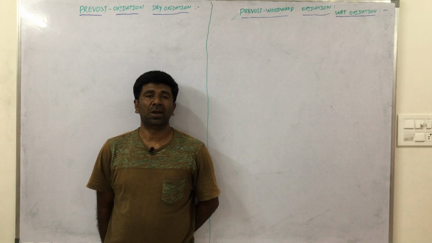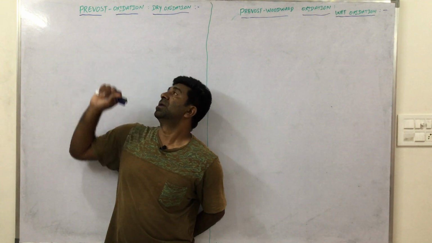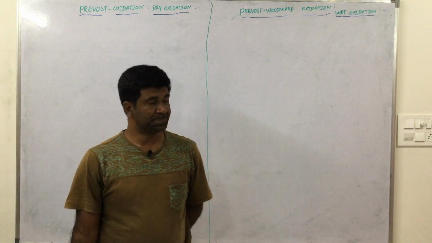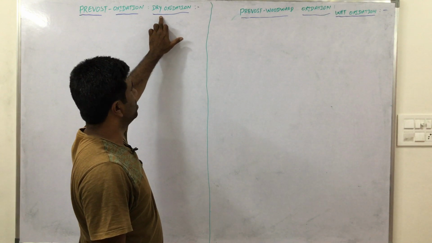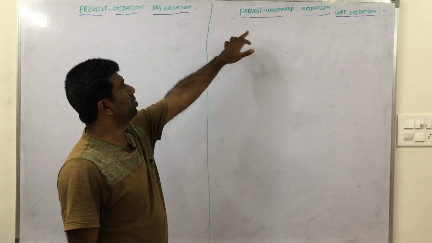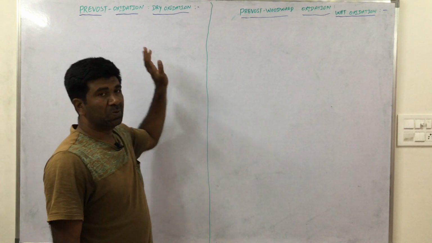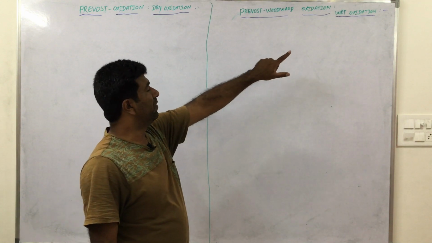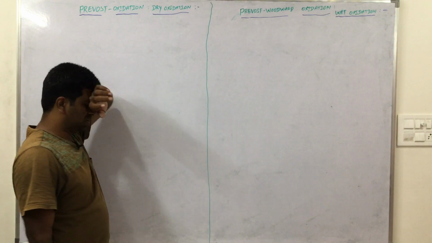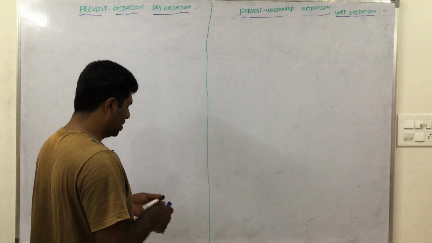Okay, now in sequence, in this session we discuss Prevost oxidation or dry oxidation, and Prevost-Woodward oxidation or wet oxidation. This is Prevost oxidation, dry oxidation, and this is Woodward oxidation, wet oxidation. The main purpose of this reagent is the conversion of